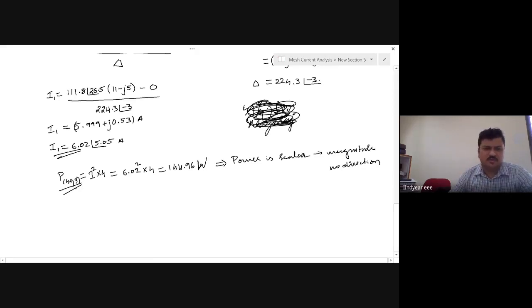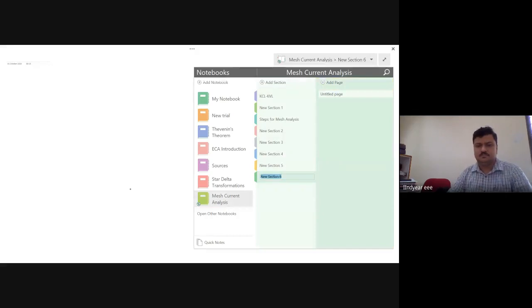Every time it is difficult for me to explain everything in the regular class only. Okay, so this is how to get the solution for AC circuit, simple AC circuit. Okay, we will take another example. Now we will solve the example in a reverse way, like I told in the previous class. Now, if I have the equations, I should get the circuit.